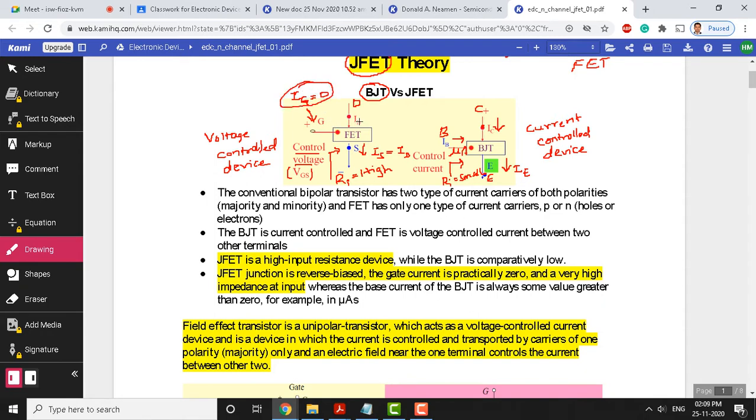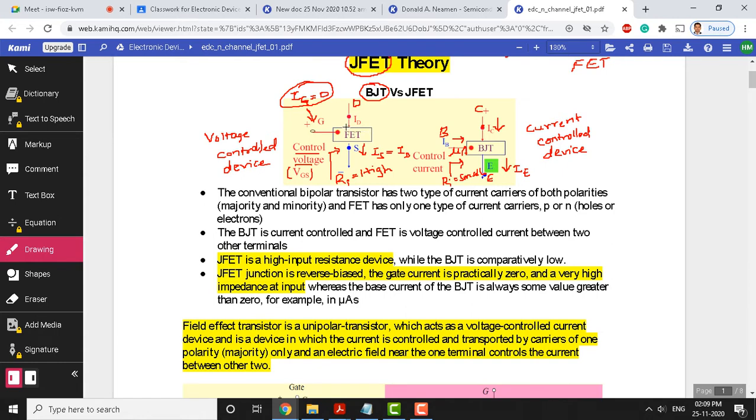Okay. Because as I told you, there is a high input resistance between the gate and source, therefore the gate current is going to be 0, and the junction here is going to be reverse biased. Between the gate and source and gate and drain there exists a junction. When you look at the cross sectional view, you will understand where exactly the junction is. At the junction we always keep it in reverse bias, and gate current is going to be 0 for this, and then higher input resistance is there for this device.